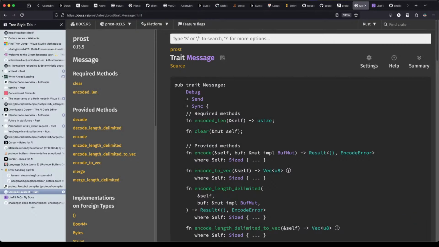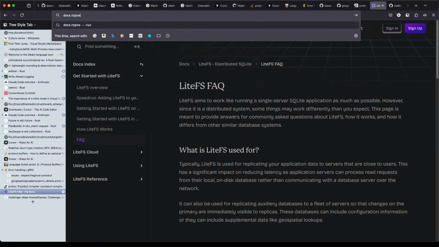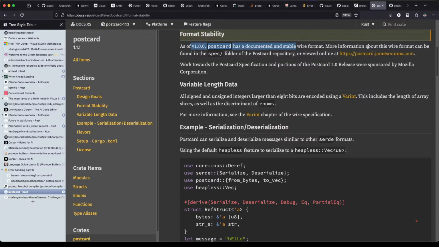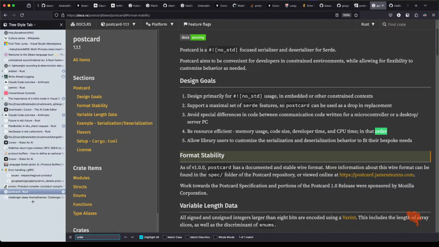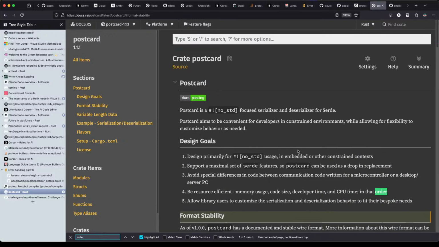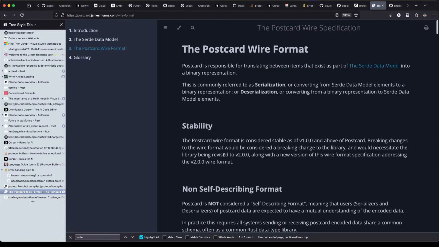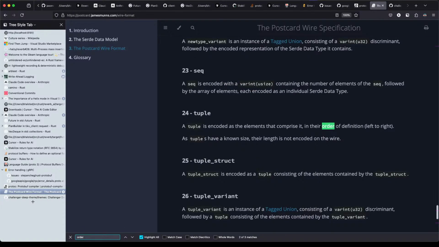Let's check. Format stability. Order. In their order of definition, okay.